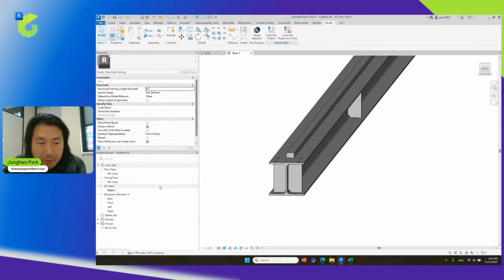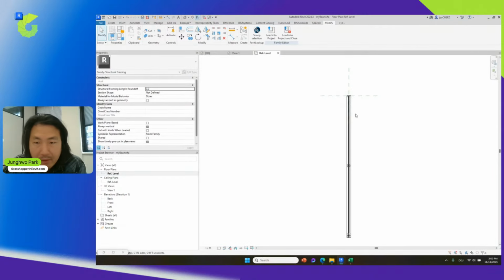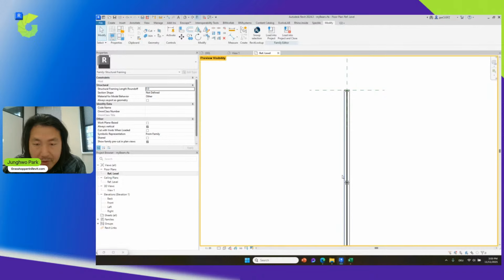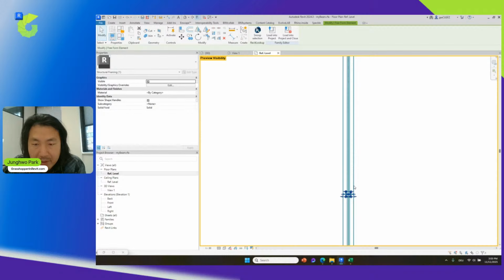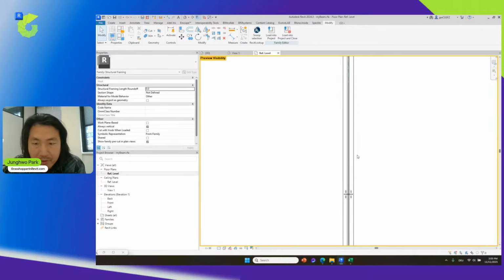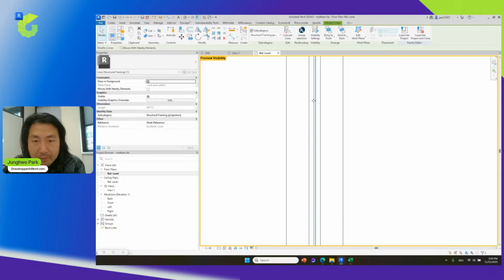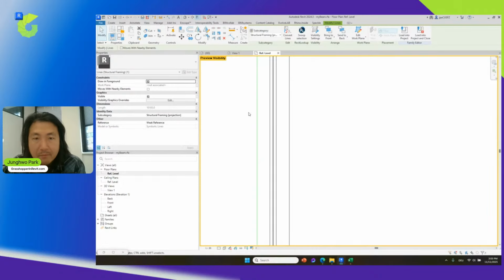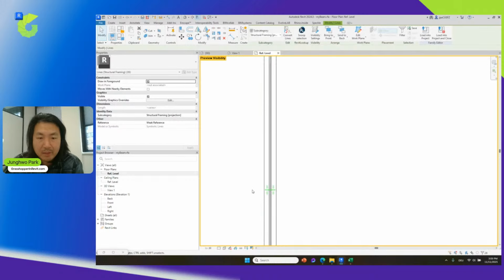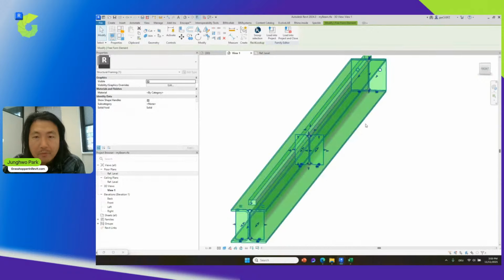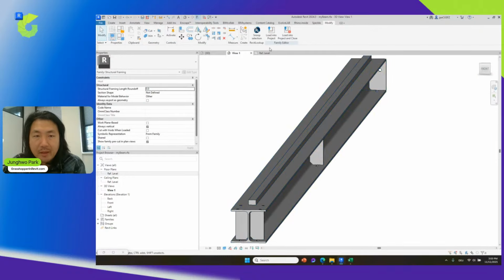if I go to, for example, floor plan, and let me change this level of detail. If I go to medium or fine, then the 3D elements are visible. But if I go to coarse, the 3D elements are not there, but we have this 2D line, which is assigned to structural framing, and as a symbolic line, we have this 2D line to just display in floor plan view. So all of this, the 2D line and 3D model geometry, came from Grasshopper, and